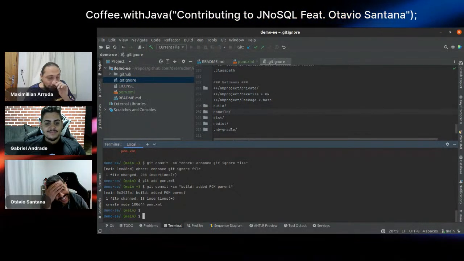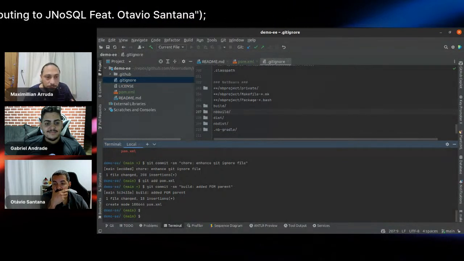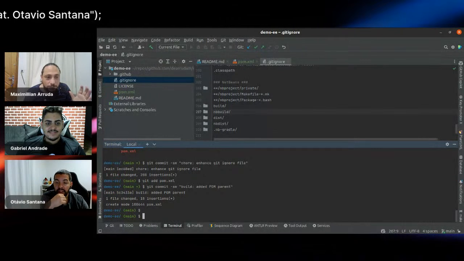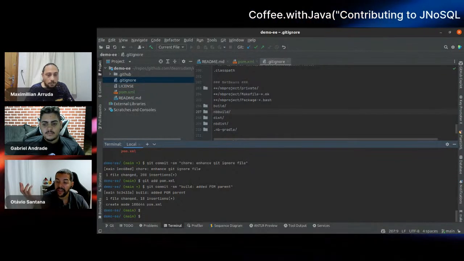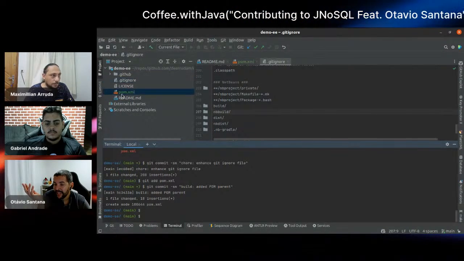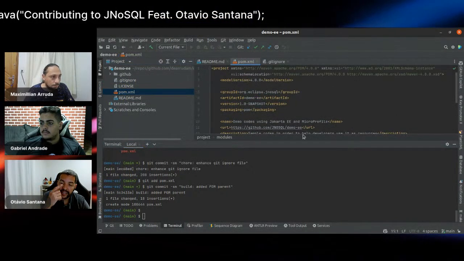Oh, well, let me commit those things. I will push my change to my repository. Let's do one more thing and then we can be done for today. Let's go to the file, because I don't have any code here, so it's useless, right? So let's go to the IDE options.